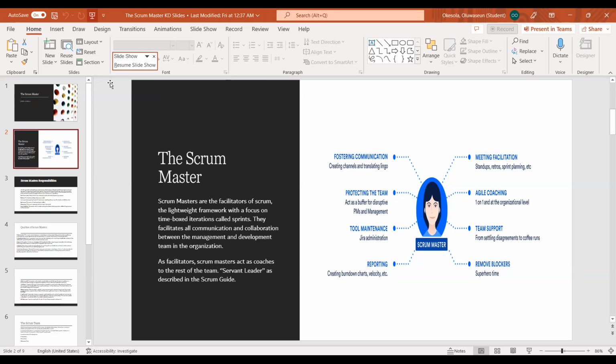So that they can work according to plan and ship products when necessary, right? Or say someone is trying to get access to a license to be able to complete a particular task. It is the responsibility of the Scrum Master to ensure that this license is readily available so that this person can be able to perform their task. So every one of those blockers, right, is what the Scrum Master looks into. And of course, another example of a blocker could be